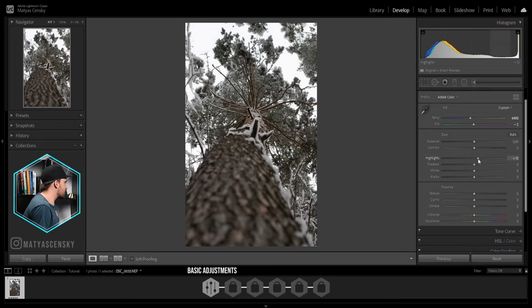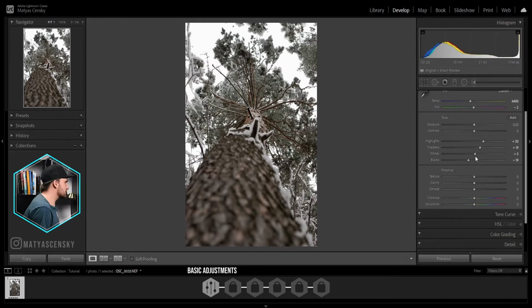Okay, let's start with the highlights. Let's bring them up. You can see the shadows here and the midtones, so we can bring up the shadows quite a bit. Somewhere here. Separate them even more from the highlights. And in order to compensate for the shadows, we'll bring down the blacks quite a bit also, somewhere around here. This is where we are at, before, after.